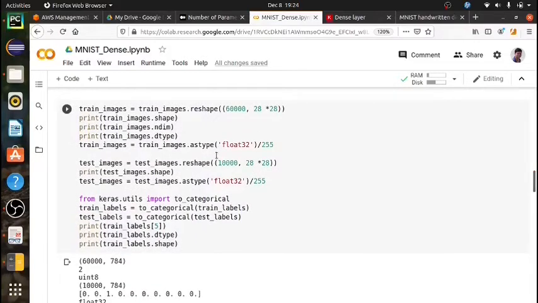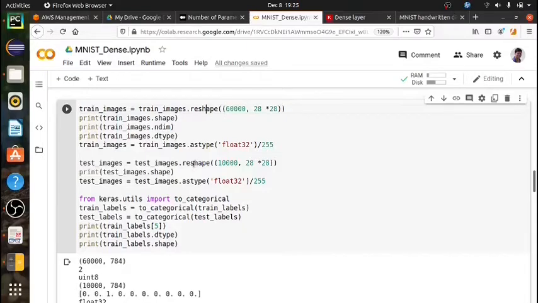I told you that the arrays where the images are stored are 2D, 28 by 28, but for our neural network we have to use 1D arrays or vectors. For transforming these images we have to use the reshape function. So here we are using train images dot reshape, changing into 1D.